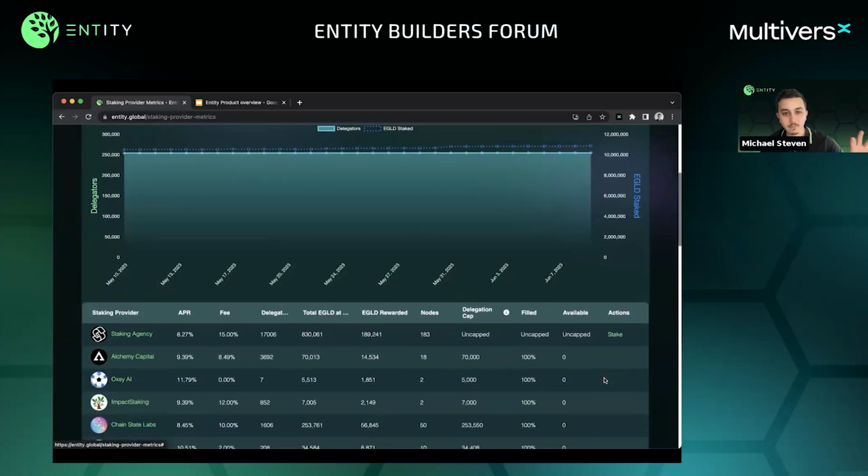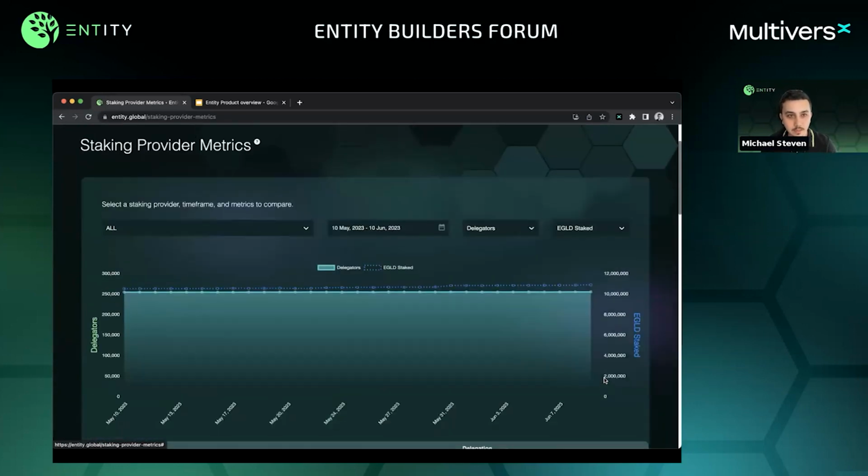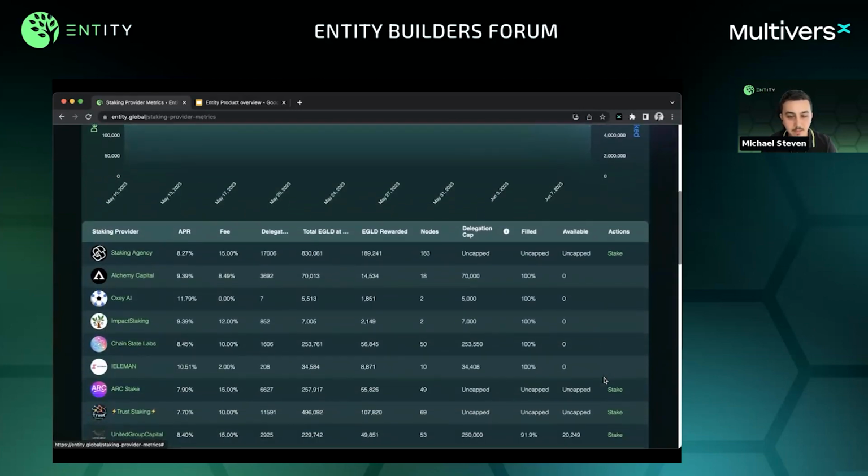So moving on to the staking dashboard, staking provider metrics, we see here all the staking providers arranged, and then we can see their APRs, but also their fees to know which one is the most efficient and takes the least fees. Then we see the amount of delegators, so we see how many people actually trust the staking provider, how much total e-gold it has in staking, how much rewards it has given, how many nodes, and the delegation cap, and how much e-gold is actually available, so that you can immediately go and stake your e-gold from this dashboard